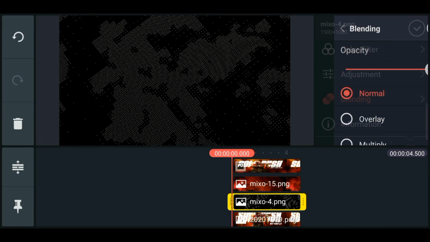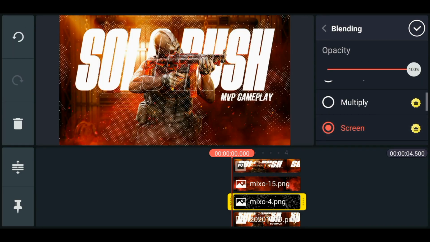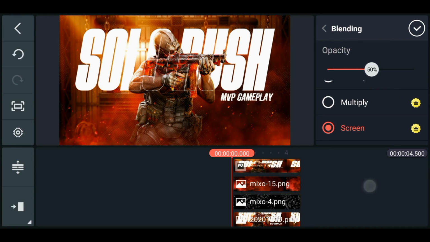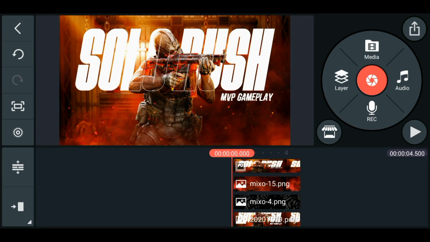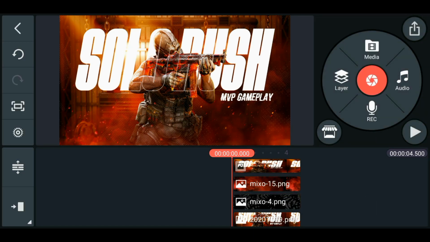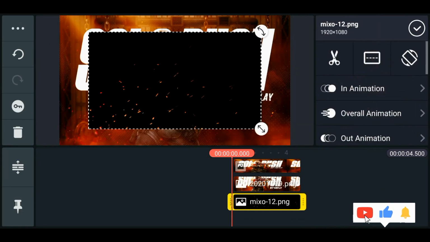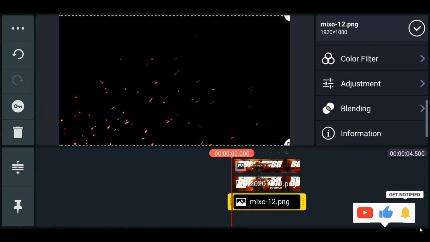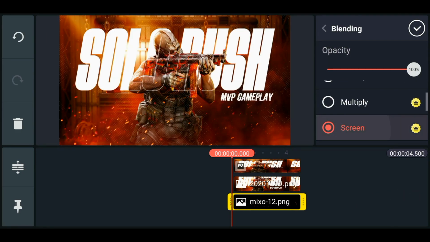By the way, you can download this texture also. If you go on Google and search for texture like a dotted texture, square texture, you'll get some of this and you can use it. And don't worry, I'll give the link in the description box. You can download it from there. This will add some flare like effect.